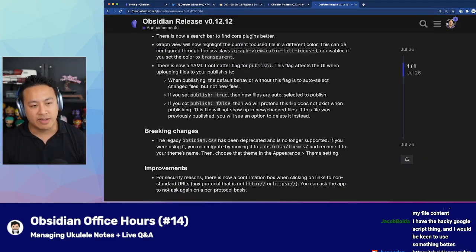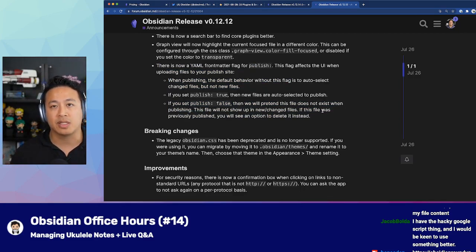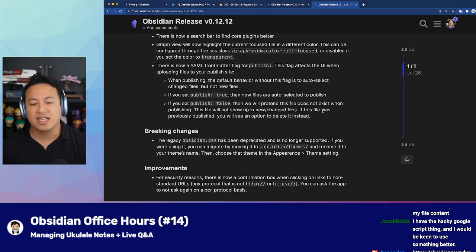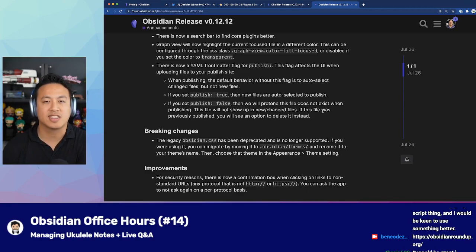This is very significant to me for those of us using Obsidian Publish. In fact, I had proposed basically this very concept. To be very clear, I'm not claiming credit for it. It's nice to know that my API design was similar to what they ended up coming out with, which is rather nice. And so this is something that might actually prevent